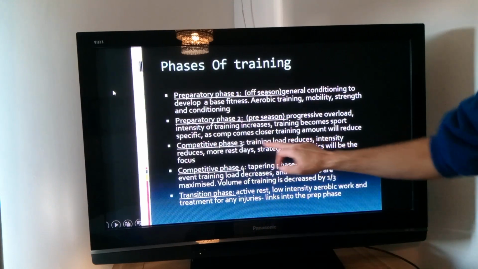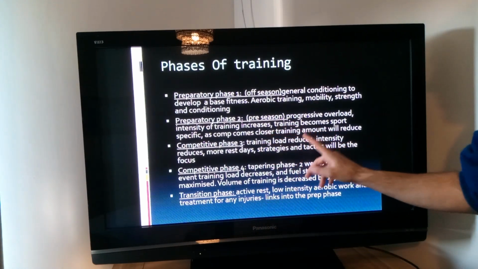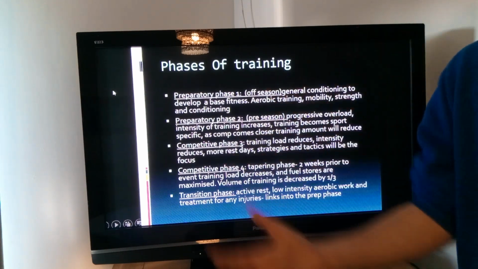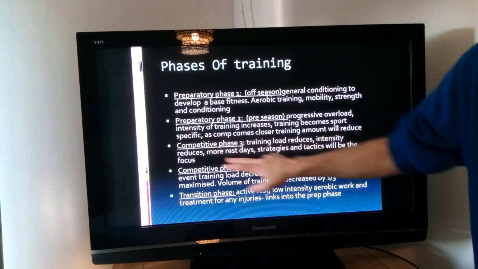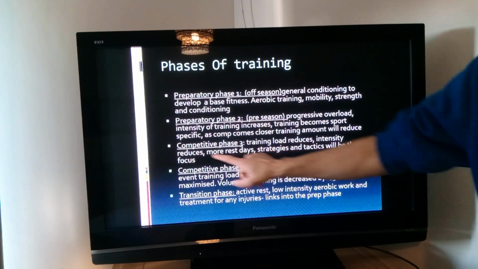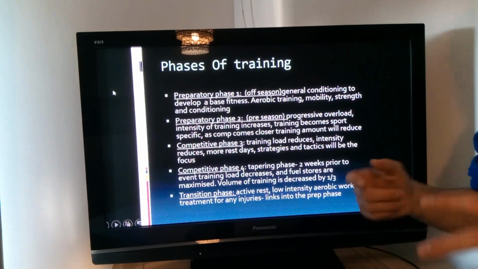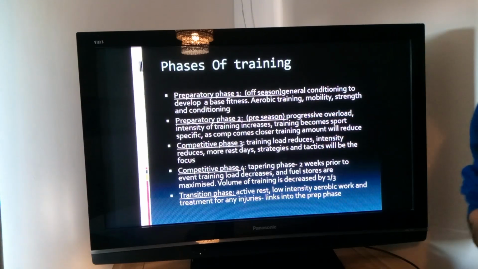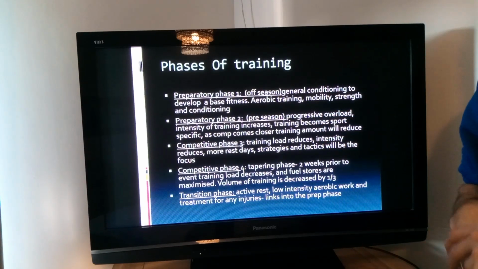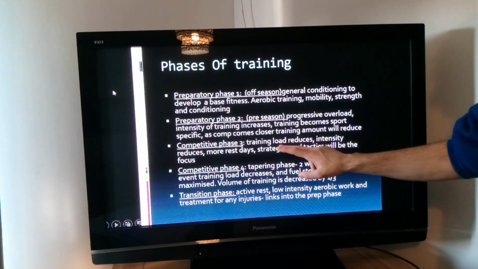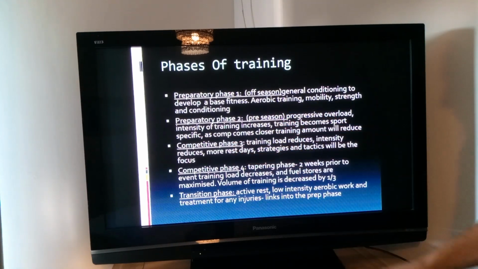Because obviously, if you're training at a really high intensity and then loads of training, you're going to be really tired for your match days, which is where you then get the results from. So in here, the training becomes far more tactical based in your competitive phase, set plays, specific kind of looking at your back four in football, or looking at your short corners in hockey, or looking at your rucks and mauls within rugby. Okay, so it becomes far more specific to the game and not necessarily fitness based.